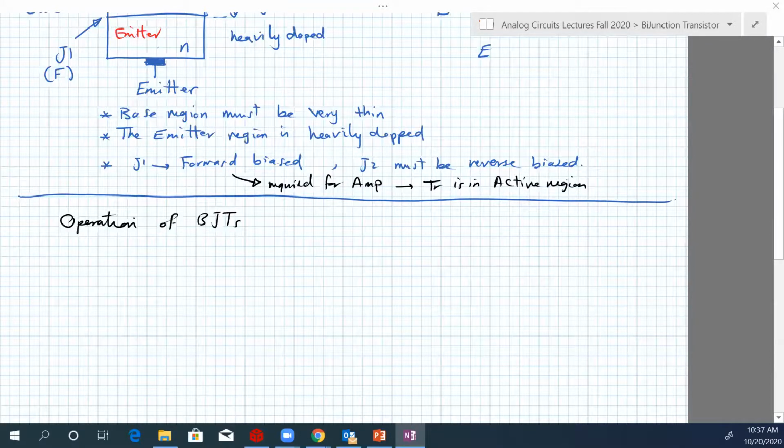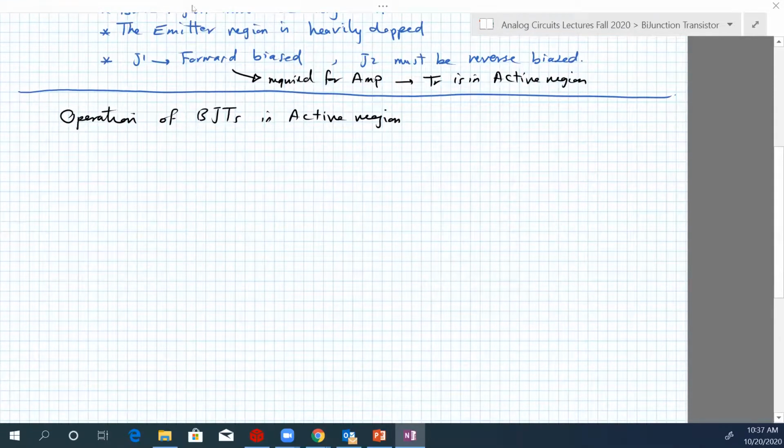Just because there are other regions that the transistor can work in. So let's see the operation of the BJT in the active region, to be more specific. Before that, we need to review two principles before we go deep in that. Principle one: